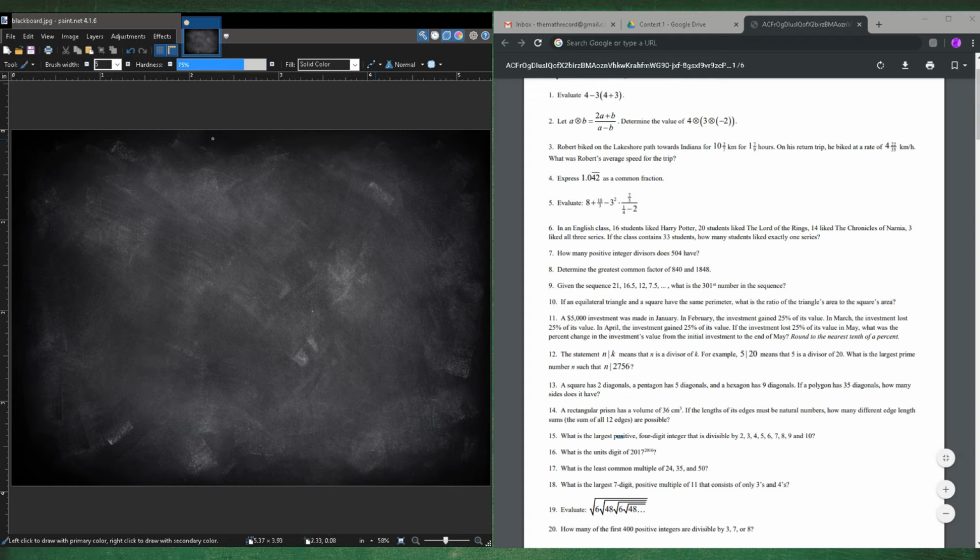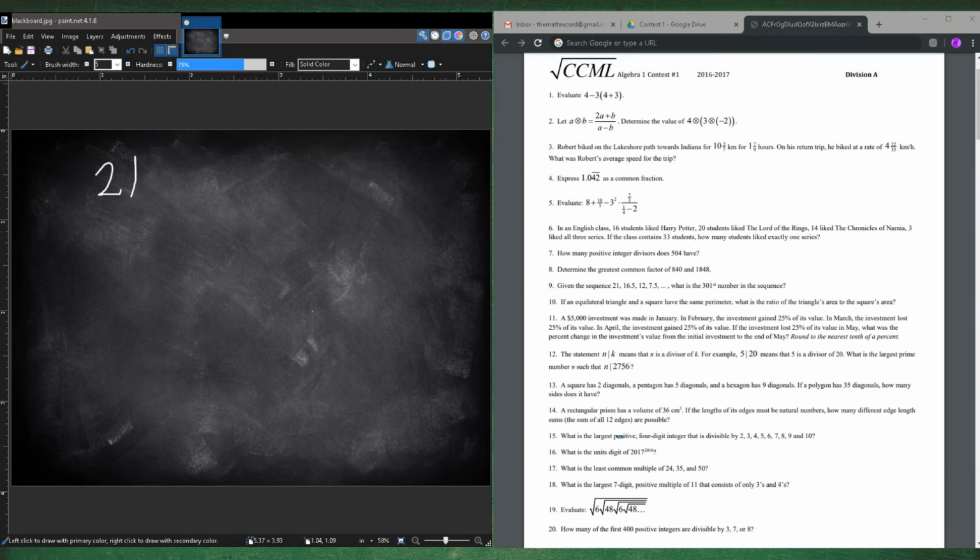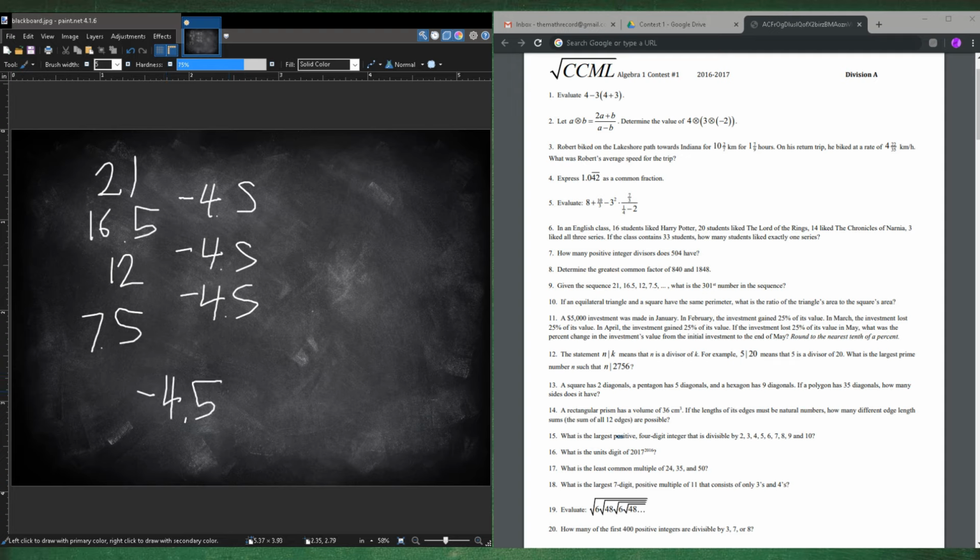So let's find out what this sequence is. That's 21, that's 16.5, that's 12, and that's 7.5. The first process I would think is either arithmetic, and second I would think is geometric. So first, let's say it's arithmetic. That's minus 4.5, also minus 4.5, and minus 4.5. So this is actually arithmetic. So it's going to be negative 4.5 times x